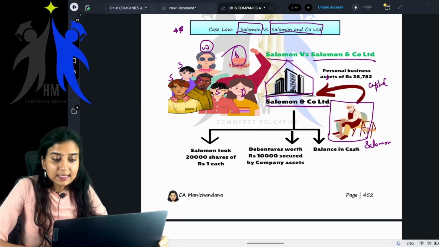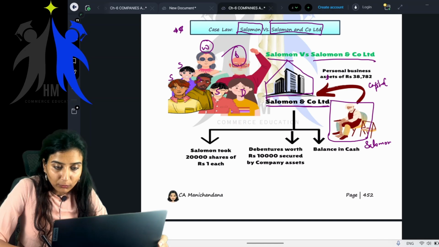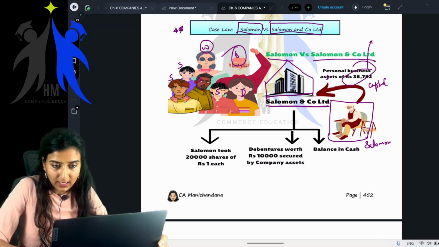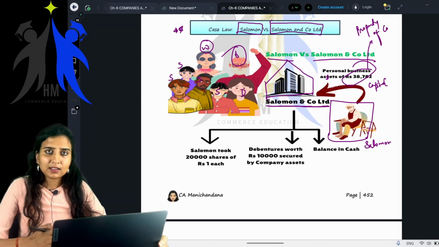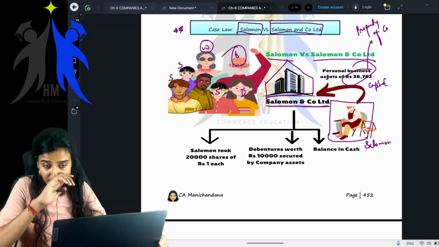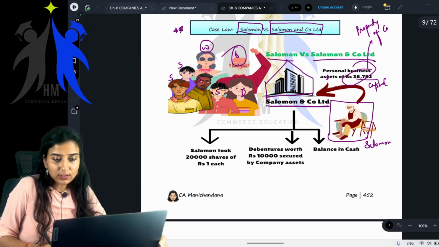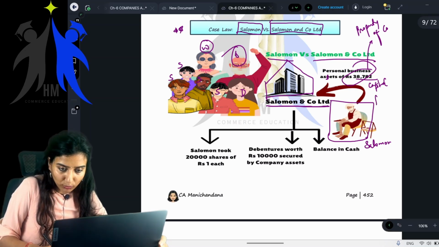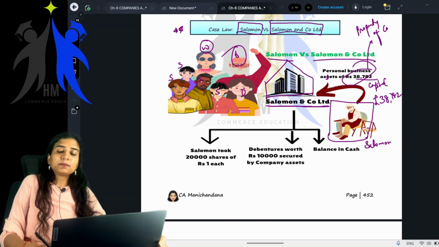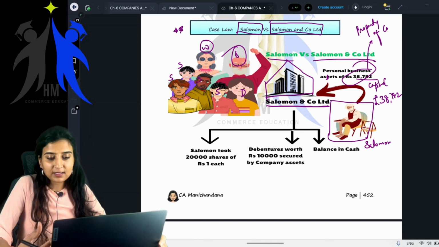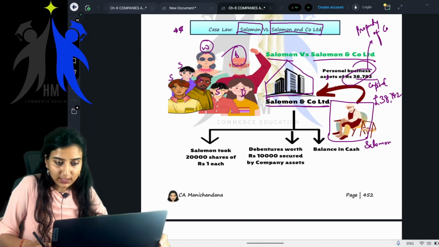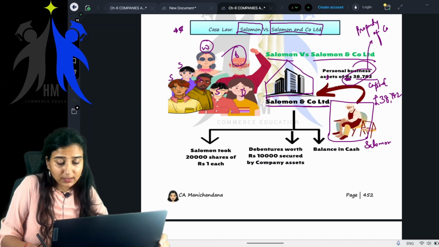Yes. Now this became the property of the company. Whatever he invested or has given as capital becomes the property of the company now. Company and members are different, so even though he transfers it, it is now the property of the company. He transferred 38,782. See, children, this is actually in pounds, pounds 38,782, but for simplicity, so that you all can understand, I have just taken this as rupees, but it is actually pounds.